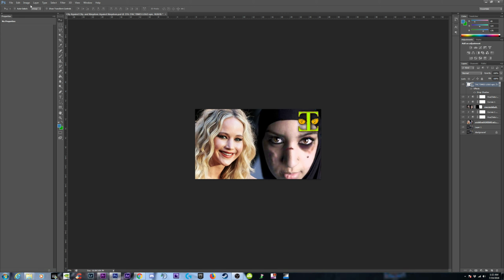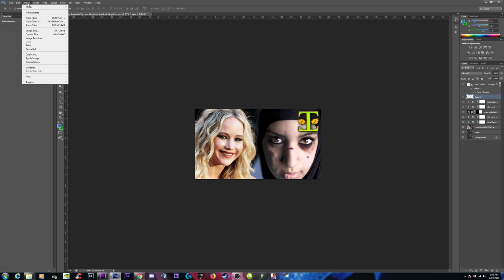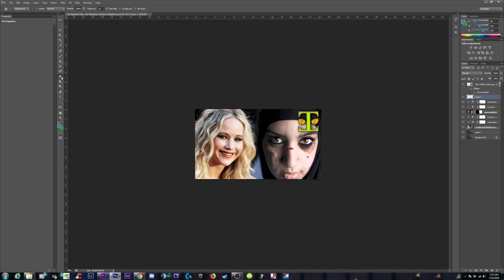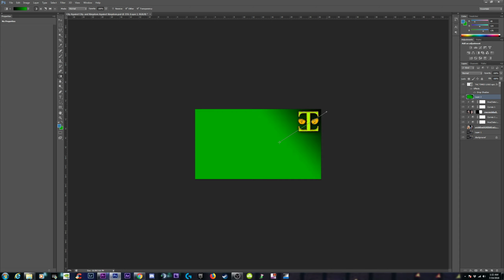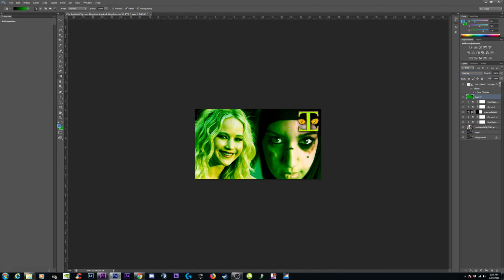If we want to put a layer, add another layer, put it under the tag times. Come up to, let's see, what do we have here? Come over to the paint bucket, and there's a gradient tool, and you can put a little black shadow, and then I guess we're going to have to change this to not overlay,